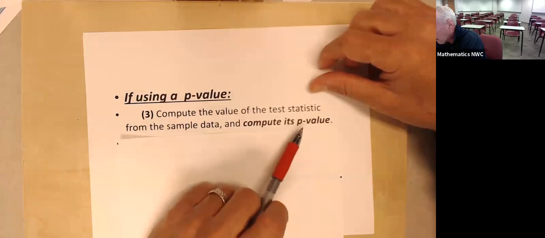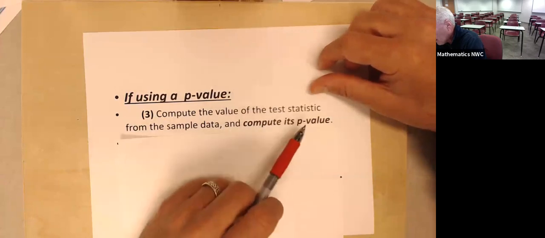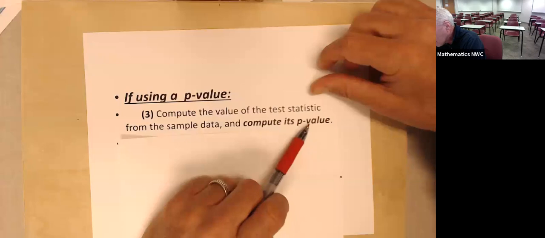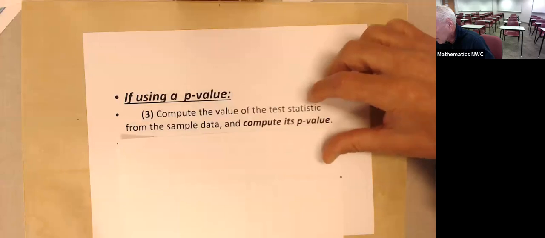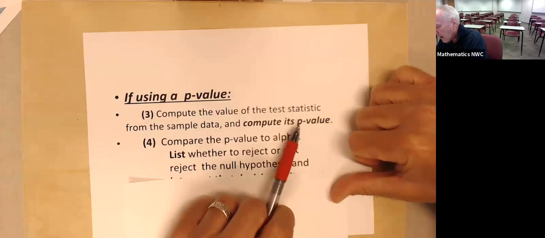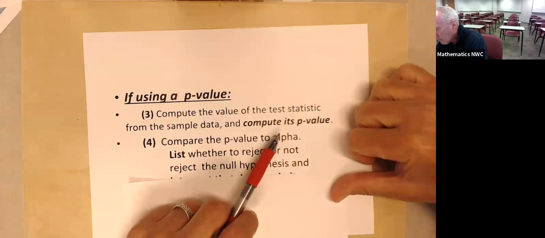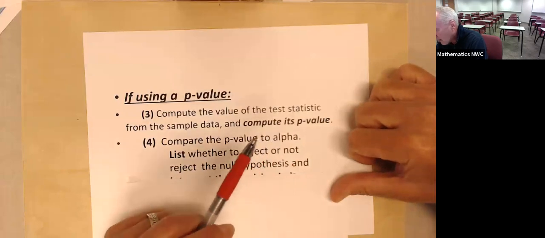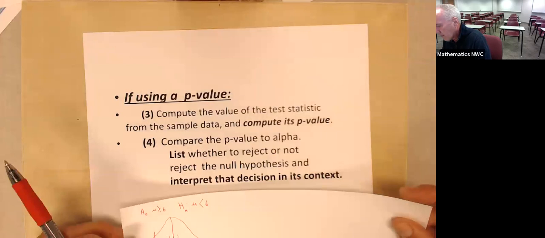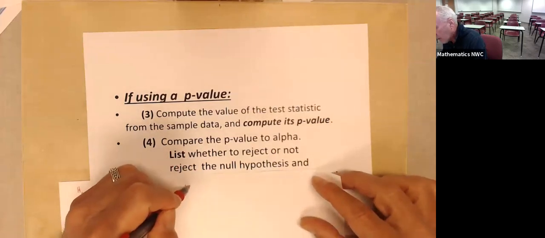The p-value is the probability that you would have gotten that kind of sample. So p-value, almost think of it as probability of getting that z-score, or probability of getting that t-score, or whatever the test statistic happens to be. We take that p-value and we compare it to the alpha. Alpha, again, is our probability of making a type 1 error. So for example, let's just say in my problem, alpha happened to be 0.05.